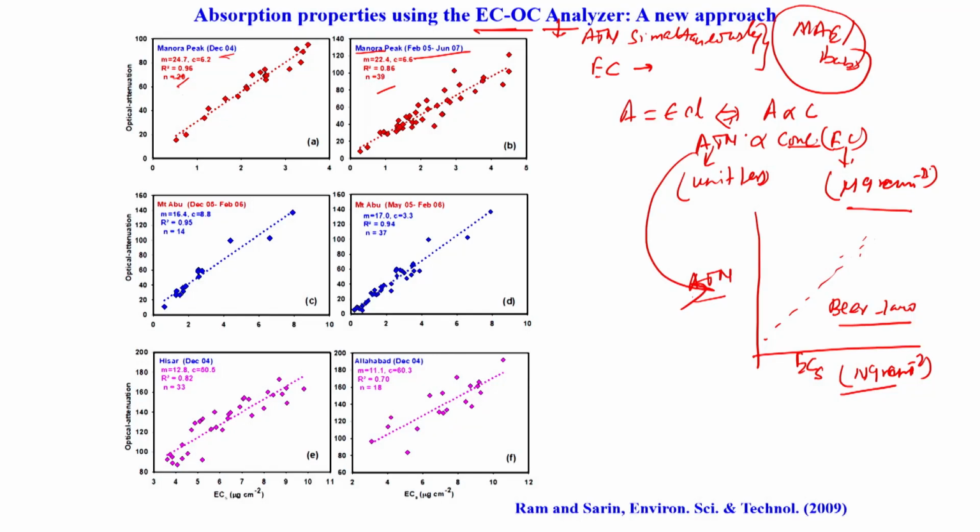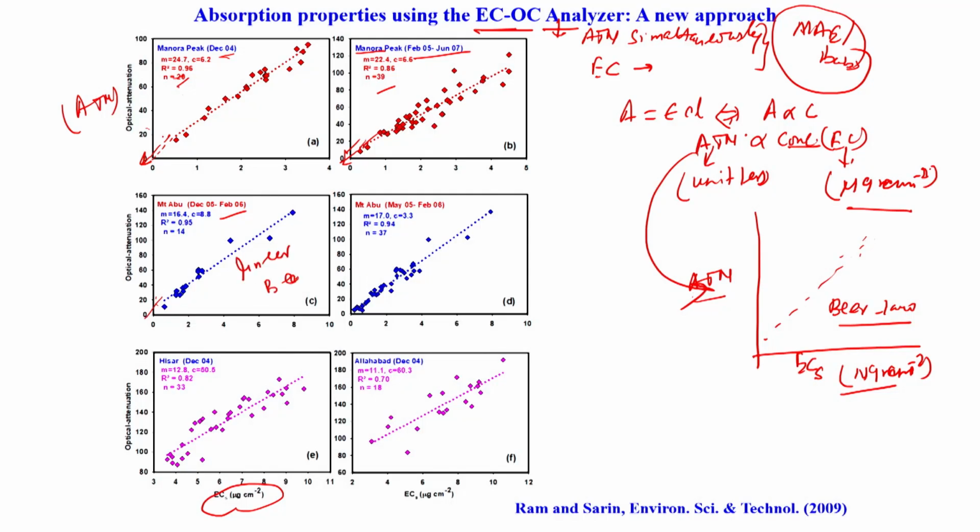But what you see here, optical attenuation, which is actually ATN, is directly proportional to the EC concentration. And one more thing that you will measure here: if you just extend this axis, this will pass very close to 0. Similarly, for other extended periods of time, this will also be there, but there will be some positive intercept here. But if you see, similar things are happening at Mount Abu, you see a linear correlation,